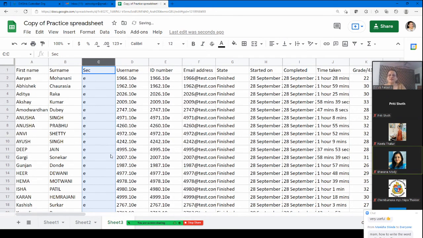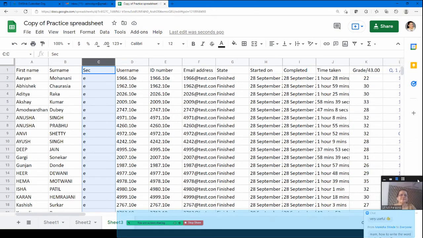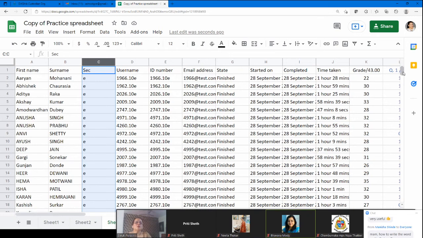When the filter is not there, all the sections are showing, E, F, but I have others also, sections A to F, so I want those also.